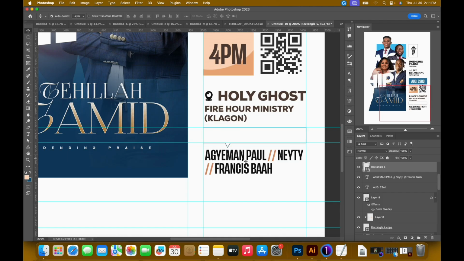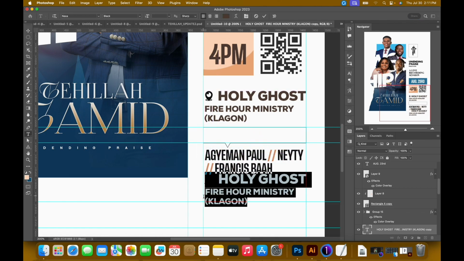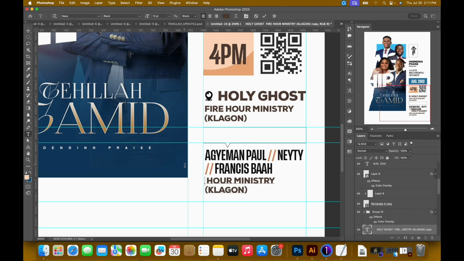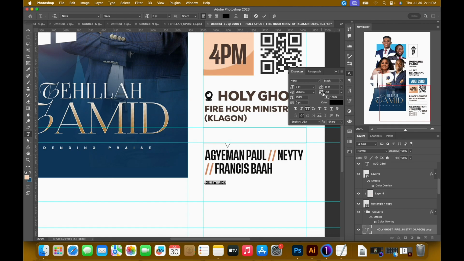Alright, V for the move tool, and then click on this, left click, okay, and then Option on Mac, left click and drag, or Alt on Windows, left click and drag like so. Double click and then delete this, okay. Command A and type mini string, okay. Select everything and then reduce the font size. Change the color, left click here and then change the color to black, and then click here for expanded properties of the type tool and just space